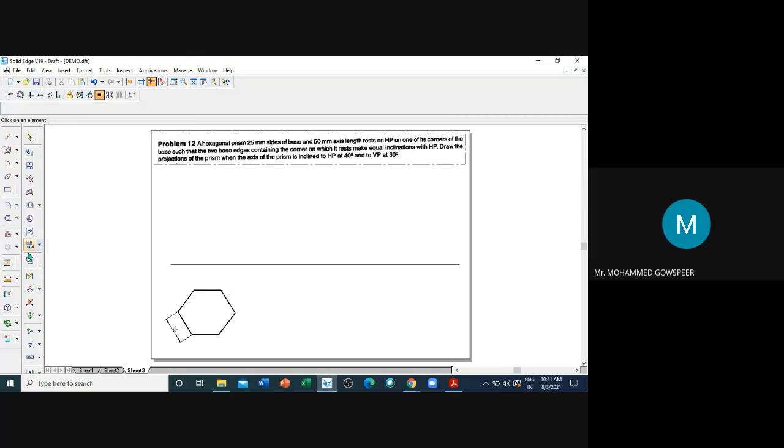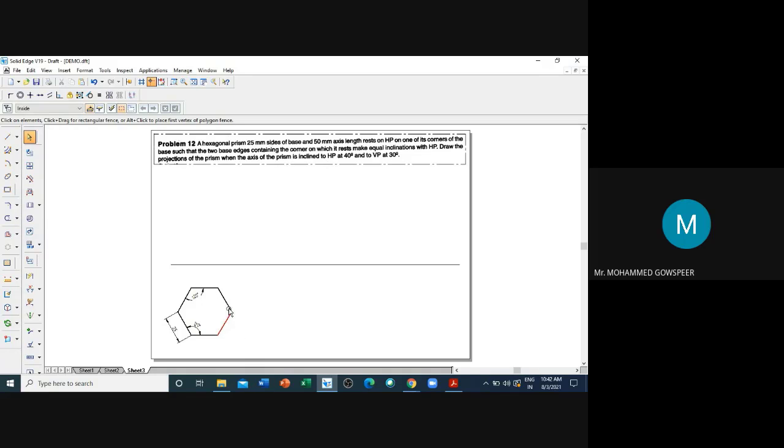Then you specify the angle. For a hexagon, 120 degree inside angle. For a pentagon, 108 degree. Remember. So specify any two angles, that's enough. And now we'll check. It shows 120 degree. Okay, fine. Now you can remove that unwanted dimensions.